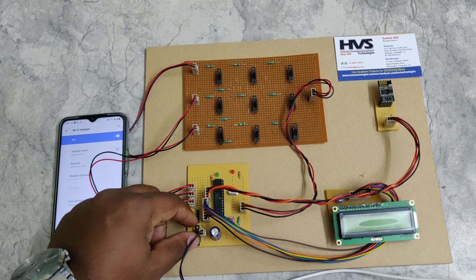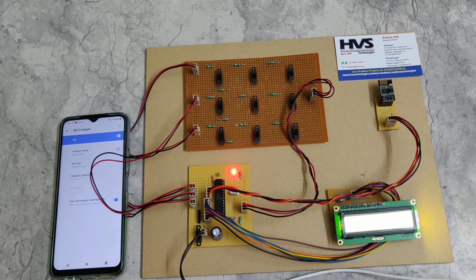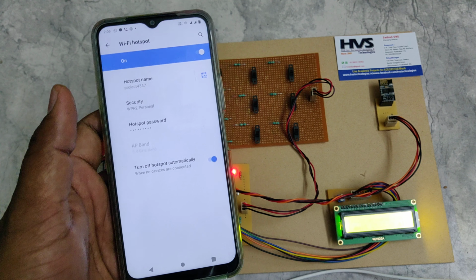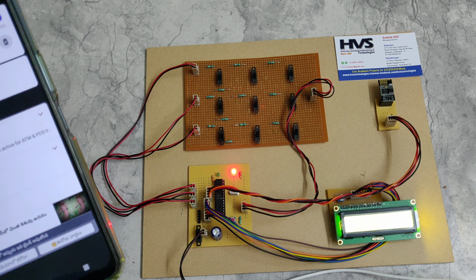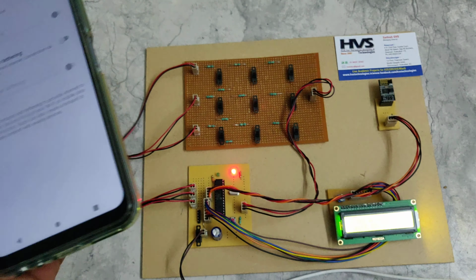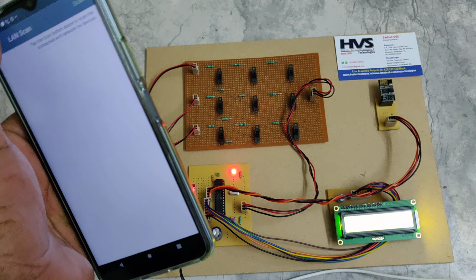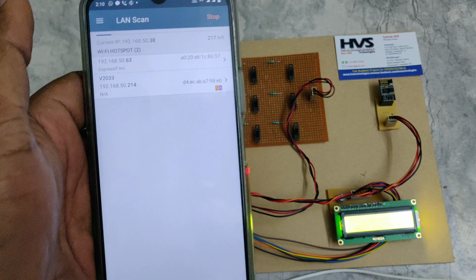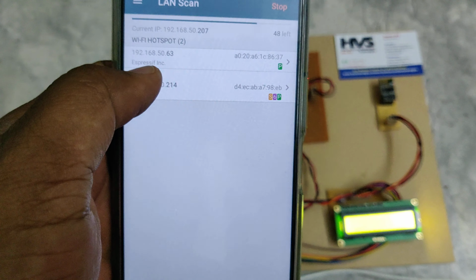Once we provide the power supply, there will be a welcome message on the screen, and the Wi-Fi module will be connected to this hotspot-enabled mobile phone automatically. As we can see, one device is connected. Then go to the network analyzer app in order to get the IP address of our project kit. Scan, and you can see one is the mobile phone name and another is ESP. Note down this